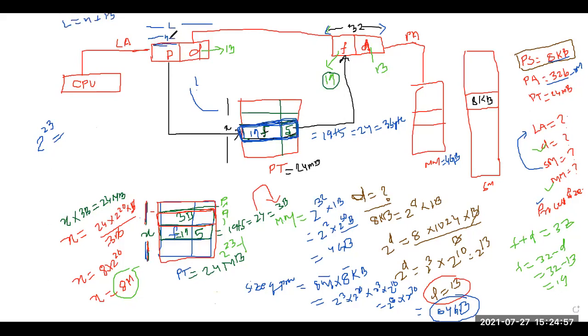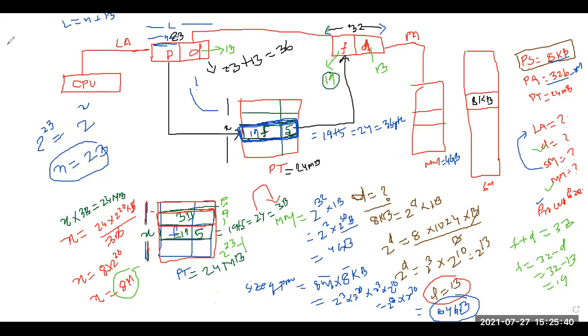Now what is the value of n? The value of n is nothing but total number of pages. Total number of pages is 2 to the power of 23. This will be nothing but 2 to the power of n. Now what is the value of n? Value of n is 23. That means 23 bits. If you look at 8 million locations, how many bits are required? 23 bits are required. Now tell me, what is the number of bits per logical address? It will be 23 plus 13, which is equal to 36. Now 36 bits are used.